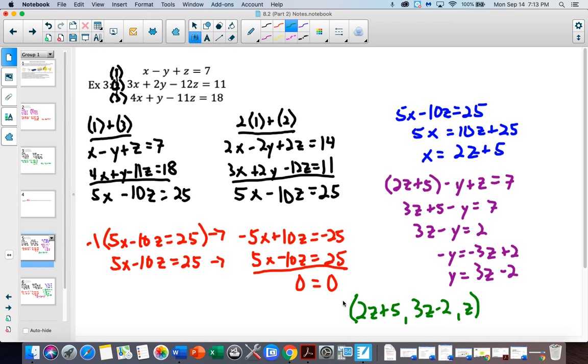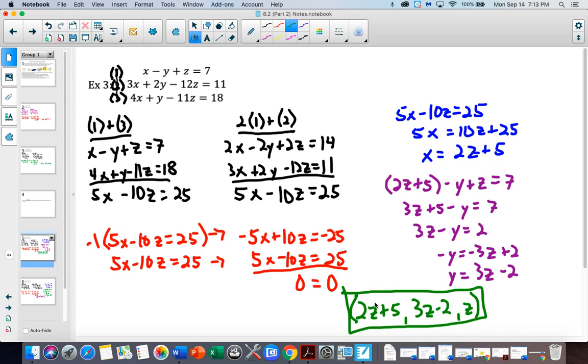Now, technically, we could have done this with any variable. Okay, we could have written our solution set in terms of x. I could have done x and then some equation of x and some equation of x, or I could have done it in terms of y. Just to be consistent, we are always going to write our solution set in terms of z when we have